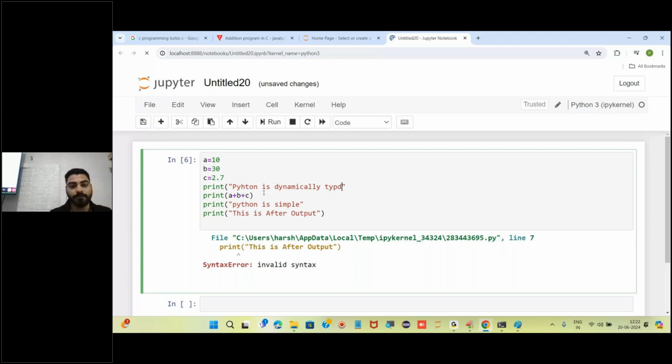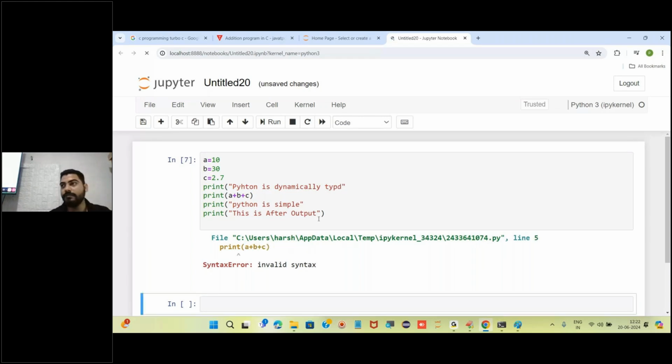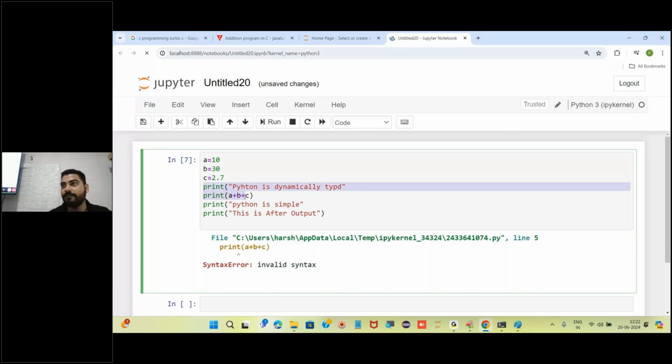Python is, okay. Now tell me where the error is coming. It is showing invalid syntax. For this line, even though it is showing for this line, here we have to end it. It is considering all this as one line, because the line should end with this, and we are not ending it, which means it is considering this as well. So where is it showing? In the print statement. Are you getting it?